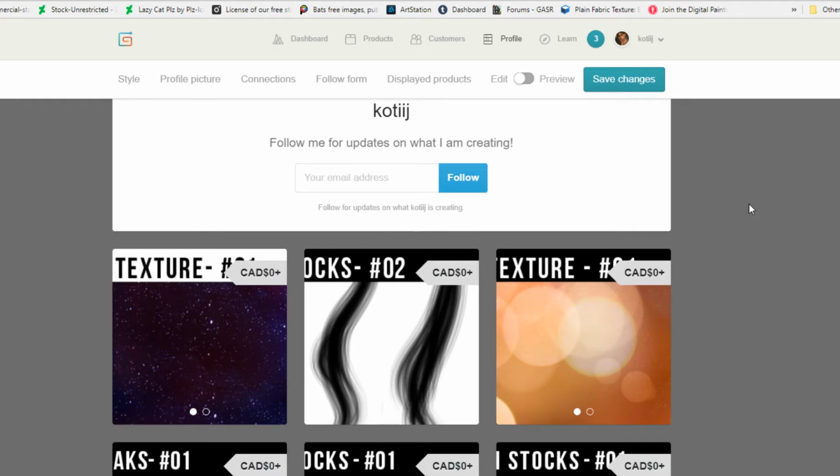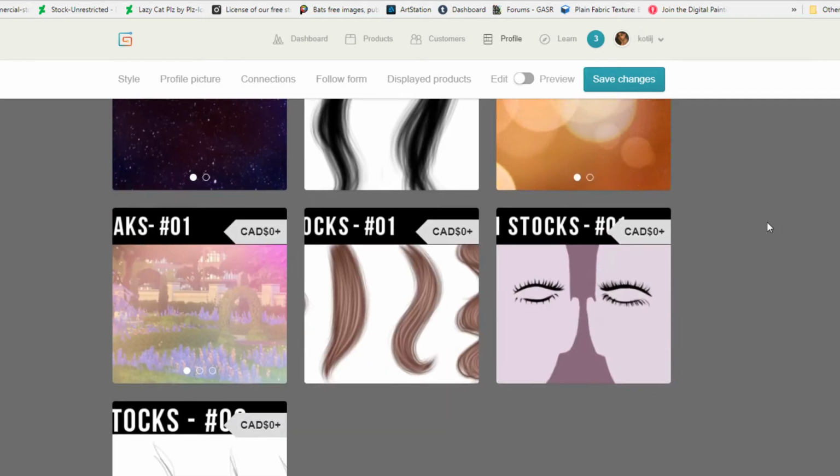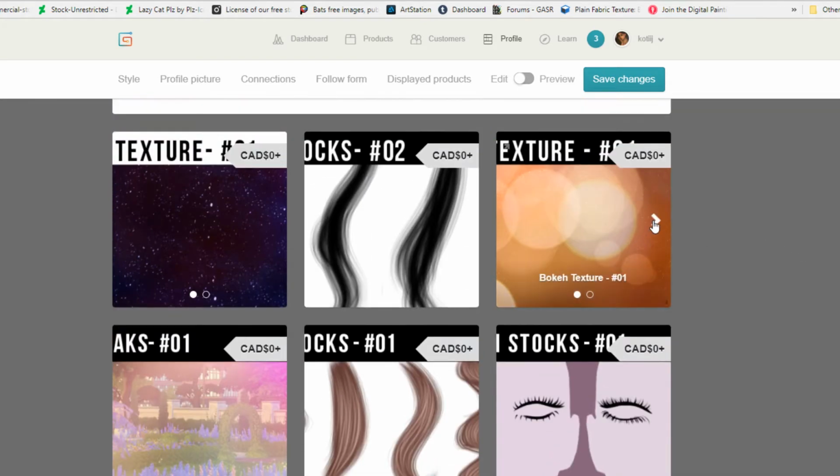It's just an option. So I have a couple of stocks here uploaded into the shop already. I also have eyelashes stocks, but for this tutorial we're going to be focusing on how to implement hair stocks